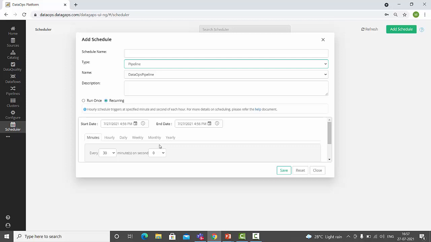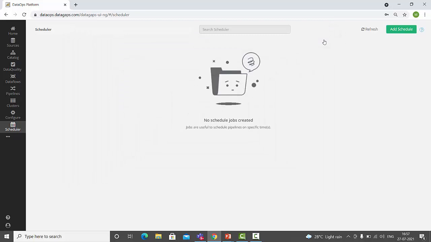Once we schedule the pipeline, it runs at that particular time. If there is any failure or success, a notification will be sent to the group of people, which we can configure in the email section within the pipeline.